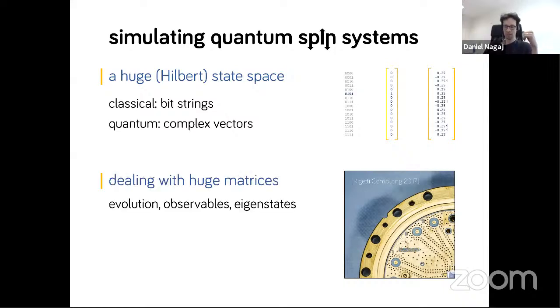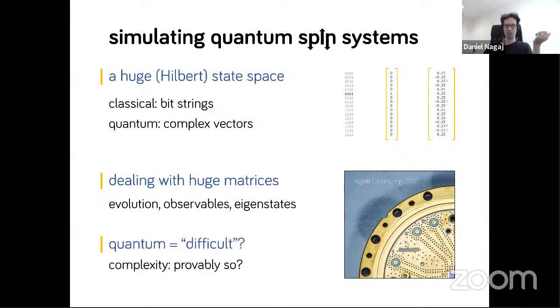Not only is the state space huge, but when you want to do something about the system and describe how it's evolving, you need to deal with the huge matrices that describe that evolution. Even though they are built from small ones, the results are huge. So the evolution is difficult to simulate. To understand what we are getting in the end, to understand observables, is again a tough numerical task. And sometimes we would want shortcuts to understand the eigenstates of these matrices. Diagonalizing the matrices is also difficult in general.